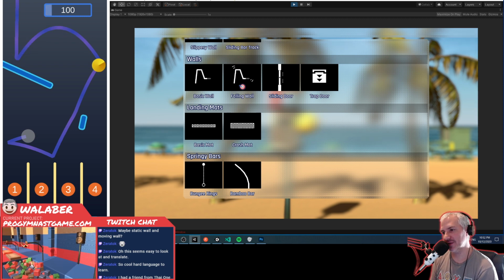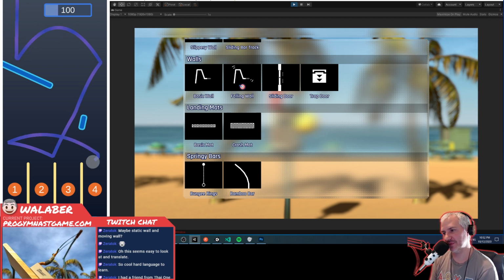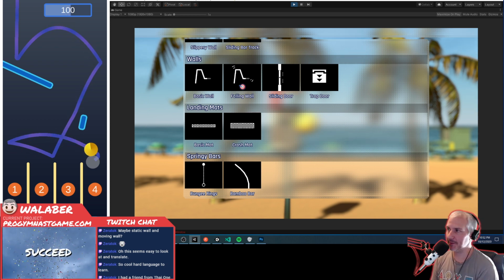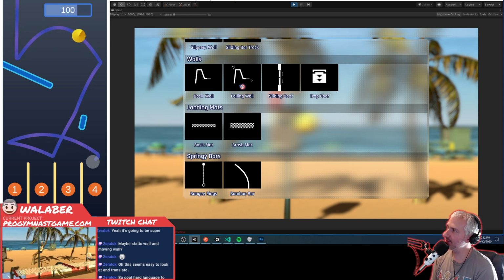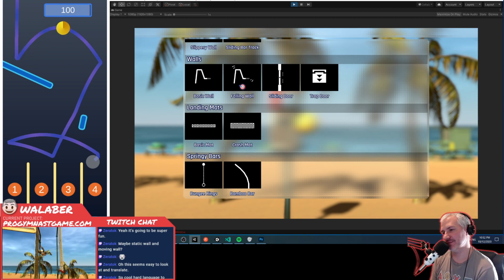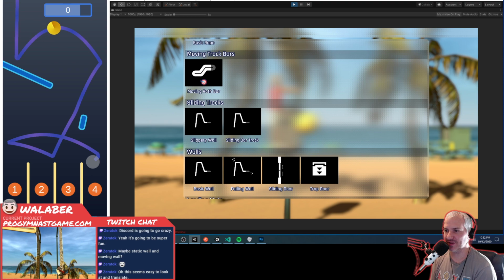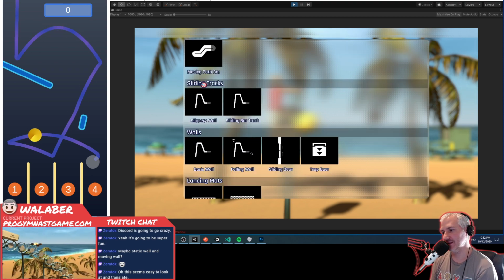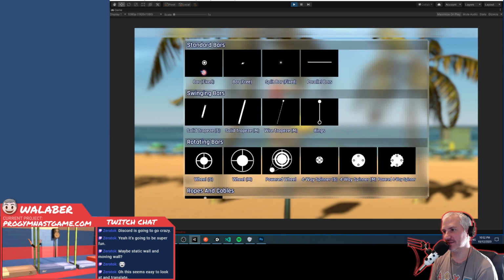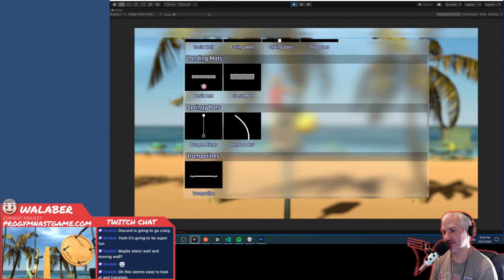Yeah, static wall might be a good rename for the original wall. Or moving. Yeah. Moving to me sounds like it's gonna have a path or something. Maybe that's because I already have this thing called moving path bar. But that's pretty cool. I guess we could look at the wind